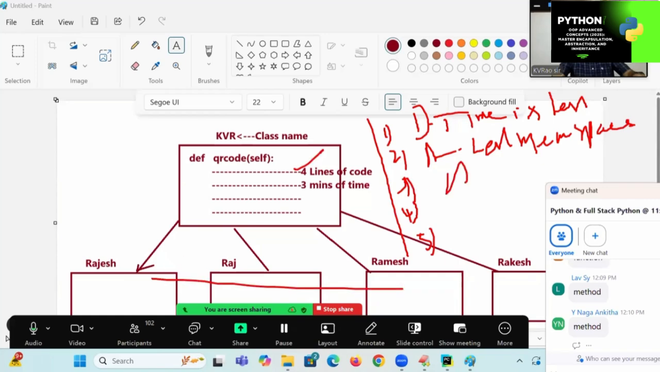Next, third, takes less execution time. Less memory space obviously will execute very fast. That's the less execution time. Fourth, less memory space, less execution time will give you more performance. More performance is enhanced. Next, fifth,